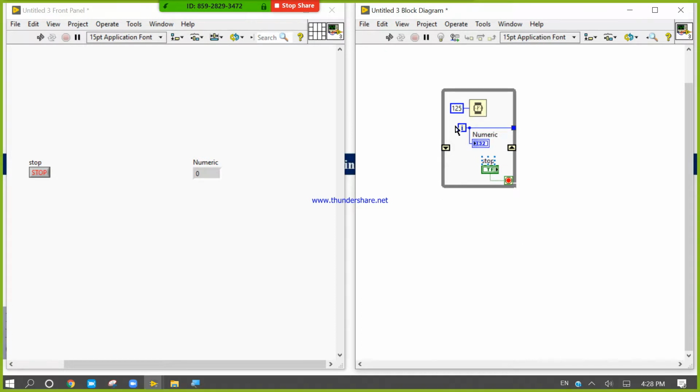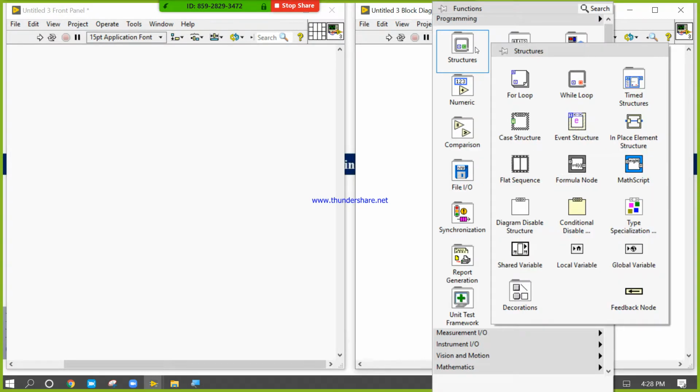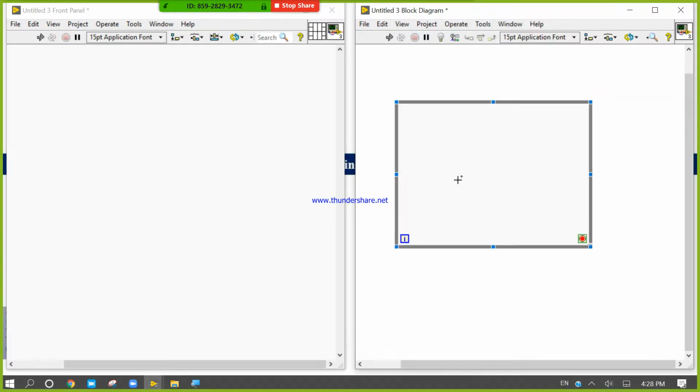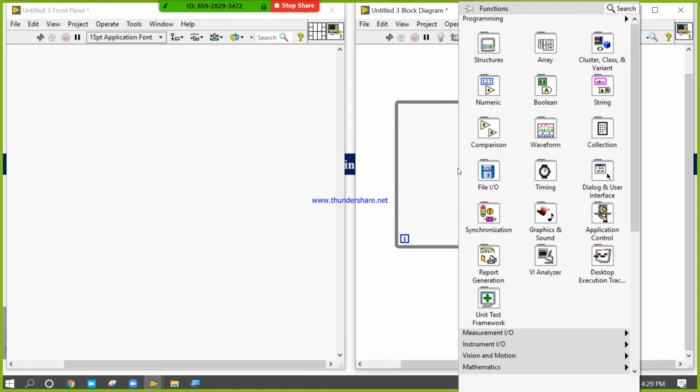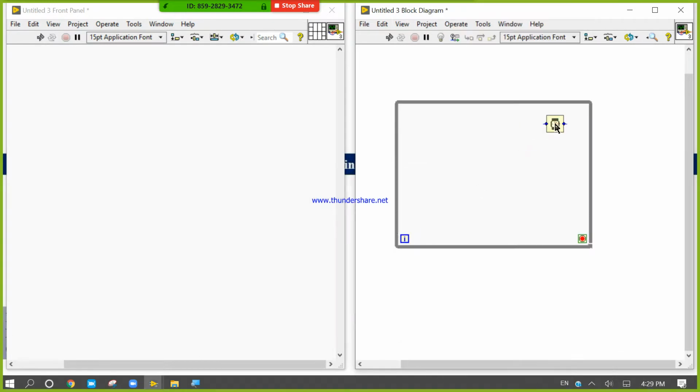Okay, so let's see something about the while loop. Right click here, come to the while loop. Someone is asking how I get the clock. For that, right click in block diagram, come to timing, take this wait function, place inside, right click, create, and give 125 millisecond.